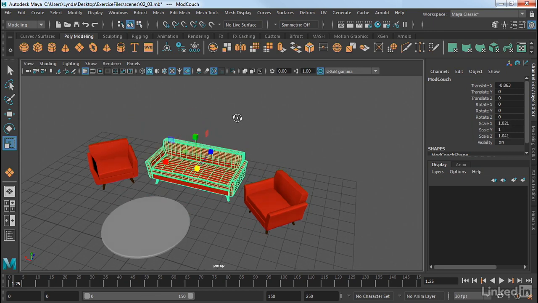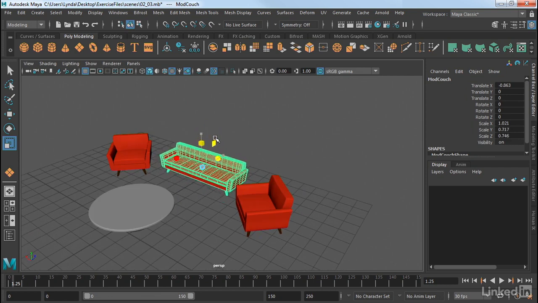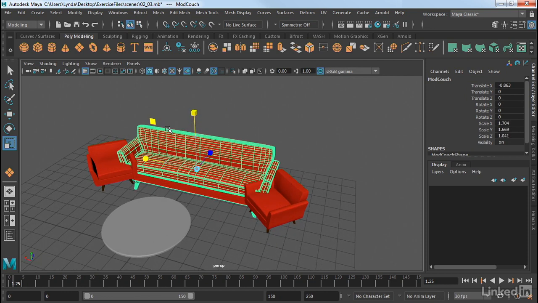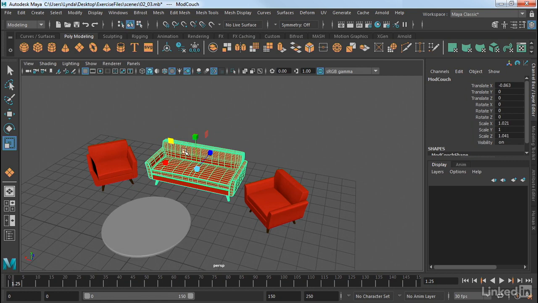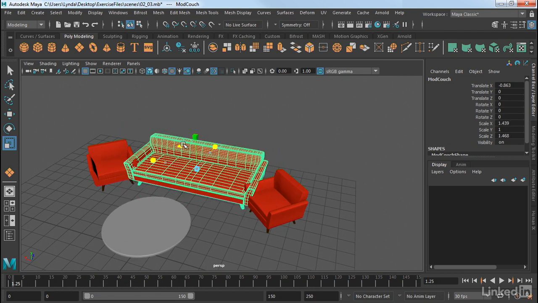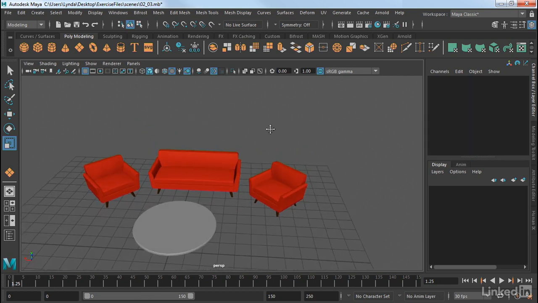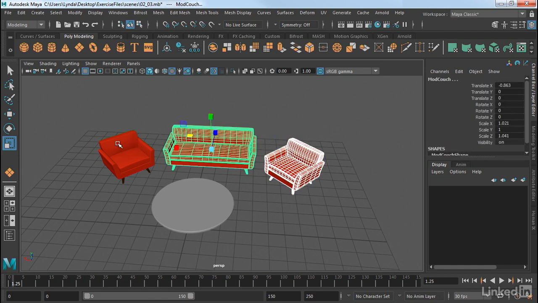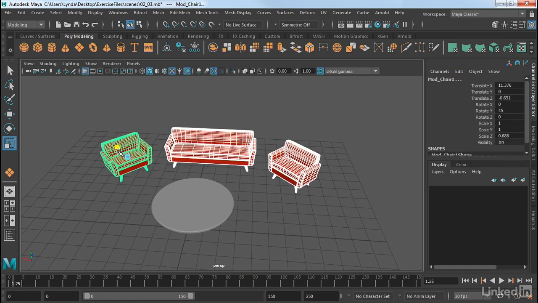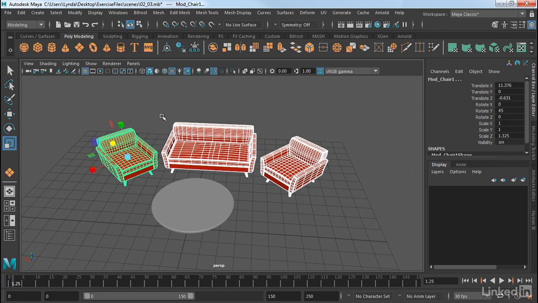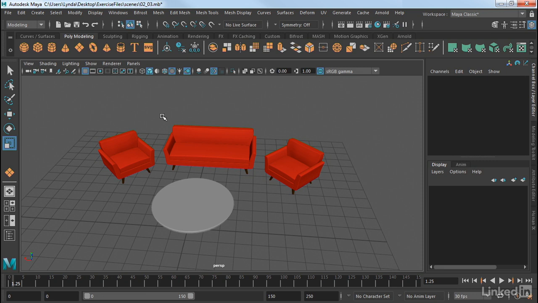Now, just like with the move tool, we also have these little planes that allow us to scale or stretch an object along specific pairs of axes. So if I did this along the green one, it would scale it along X and Z, but not Y. And again, just like with the rotate tool, we can select multiple objects and scale them. And just like with the rotate tool, it will scale around the object's axis. So those are some of the basics of rotate and scale, and they will allow you to manipulate and position your objects as you want.